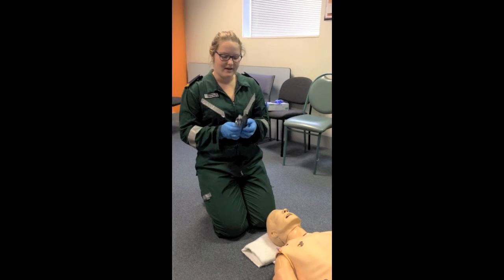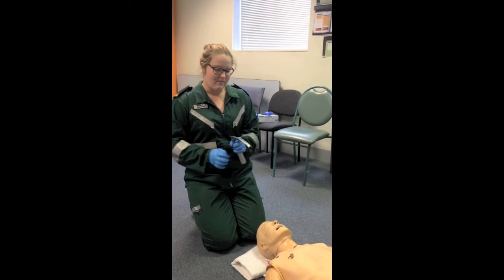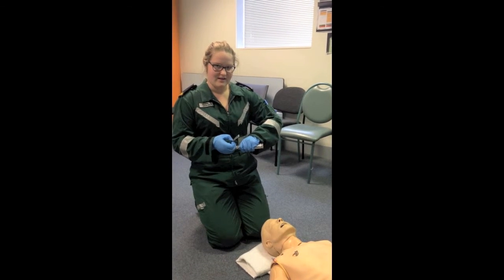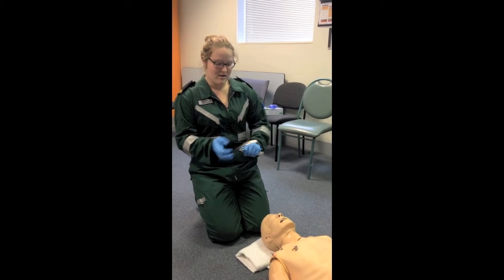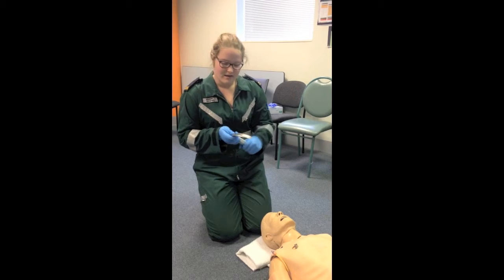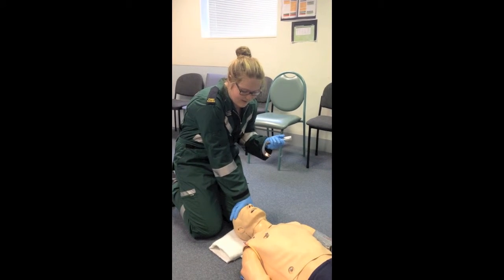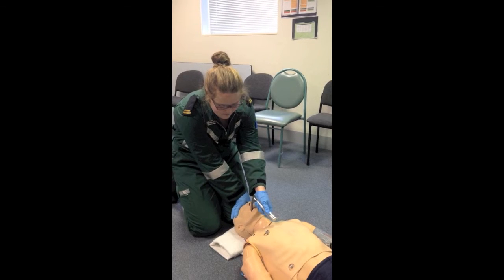With a laryngoscopy, a common error is just to stick it right in the mouth without checking that the light bulb is loose or tight. If it falls out in the airway, it may cause further obstacles for you to have to retrieve. So I'm checking that it's tight and it's working, and I use my left hand for the laryngoscope and my right hand to tilt the forehead back, and I put it to the back of the tongue on the right side of the mouth,